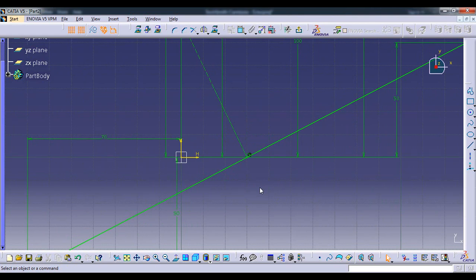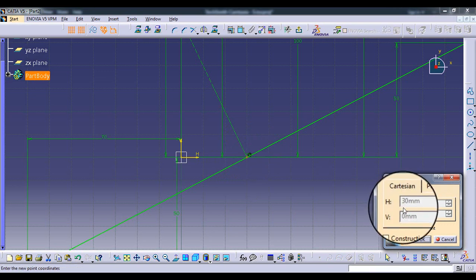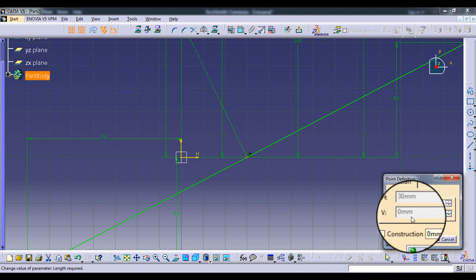In order to know the projection point, we just need to double click on this point and we will know the coordinates of that point. So coordinates are 30, 0. So this is the final required answer, that is they wanted to know the projection of the intersection point. So this is the required point.